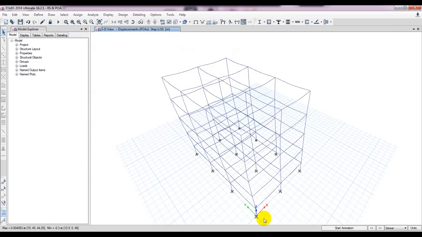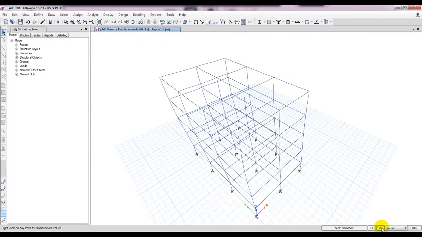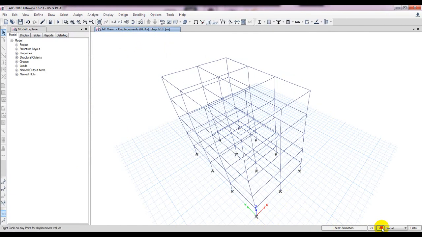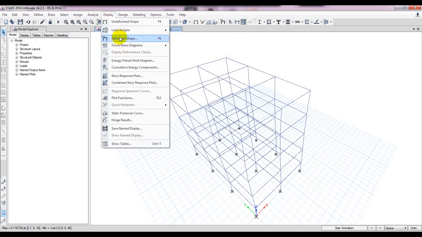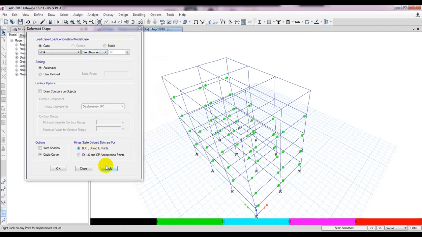So for PX, if we go forward, I have checked for 10 steps, but there is no step where our building fails for our pushover in the X direction. So if I go here again, deformed shape, and if I check B, C, D, E, apply,